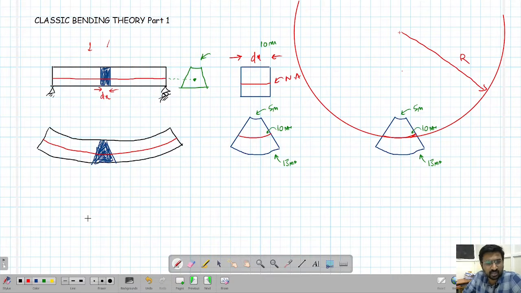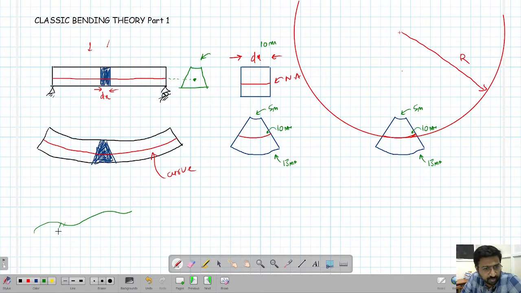It bends like this, so it's a curve. It can be a parabolic curve, or a cubic parabolic curve. It depends upon what the loading is, what the boundary conditions are, all those things. But mathematically speaking, if you have any curve, and you take a very small portion of the curve,